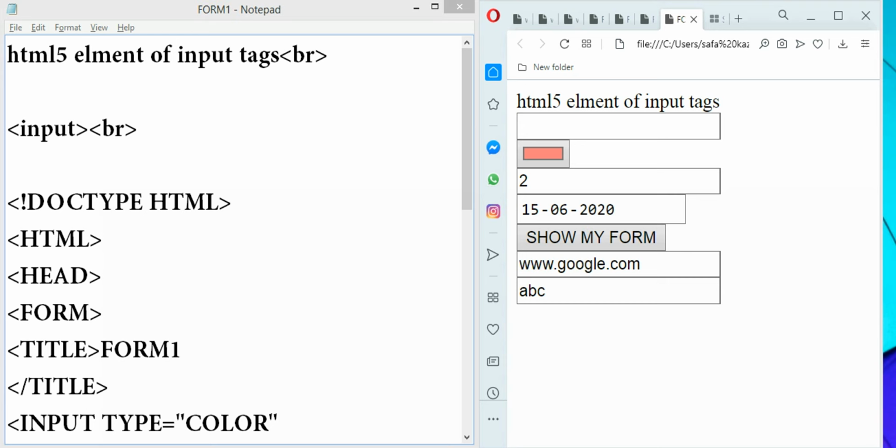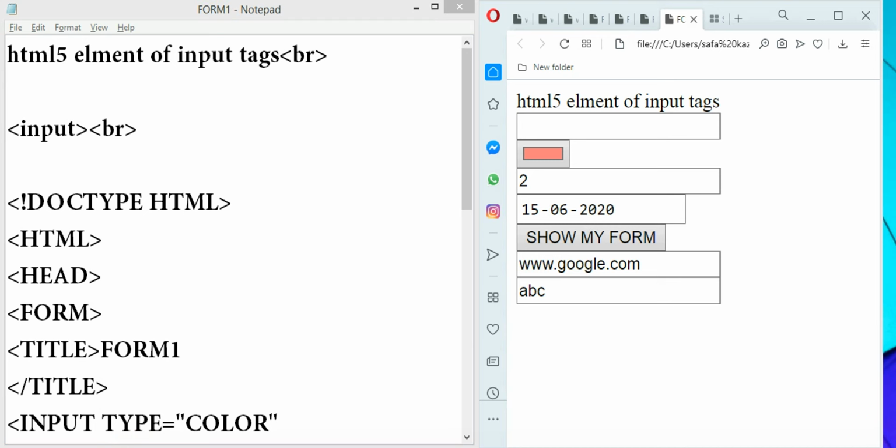So we can recall the doctype HTML, which is the recall of HTML5, pure HTML. Then it is called a head. Then it is called a form. Whatever web creation you are making, whatever form you are making, it has to call the form tag. And then you will call the title. Title contains the name. Whatever name is written on the web creation, you will contain in form 1.